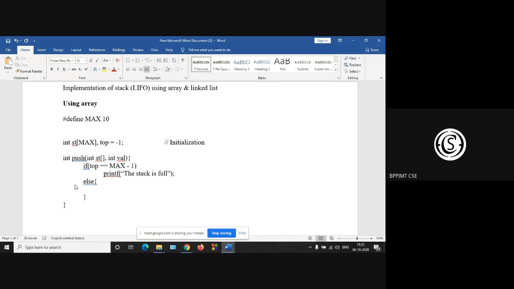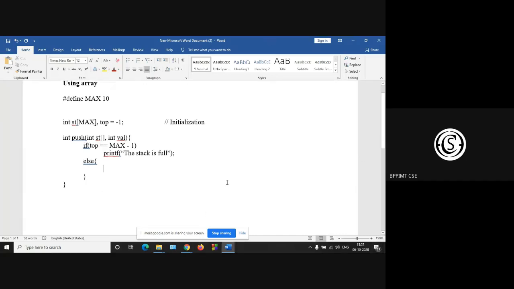Else, what should I write? If your top is max minus 1, your stack is full. Otherwise, any idea? So top will be incremented.